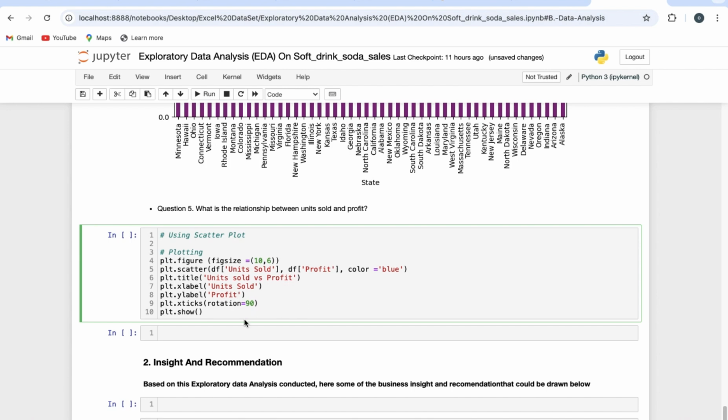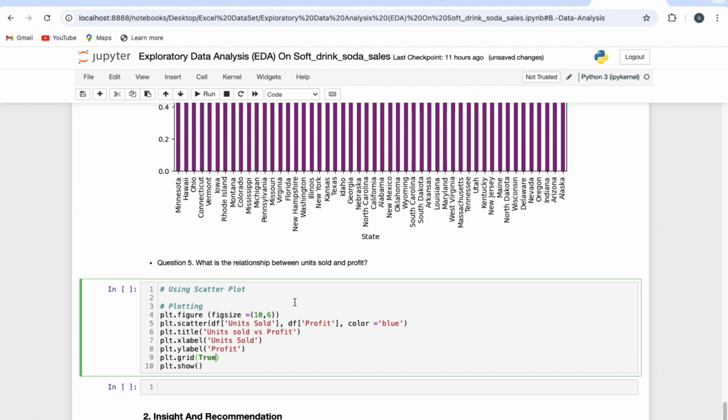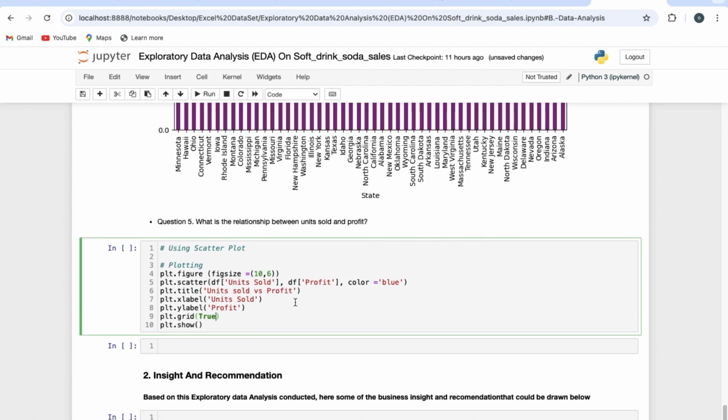Then this plt.xticks, we remove it completely. We change it to plt.grid(True). So let's run our code here for the scatter plot to answer this question 5,